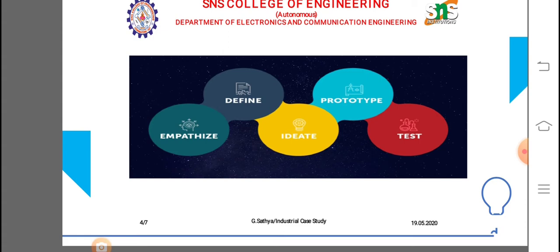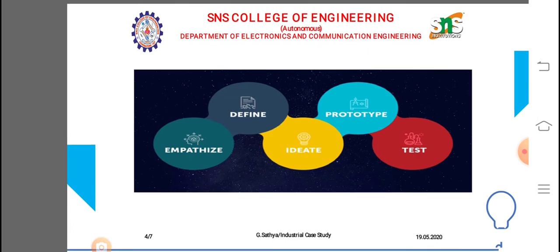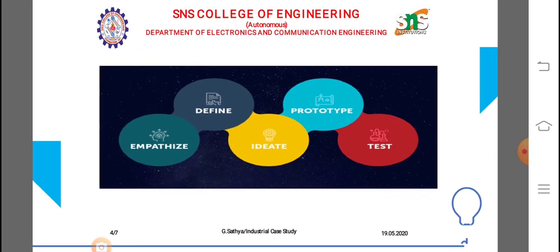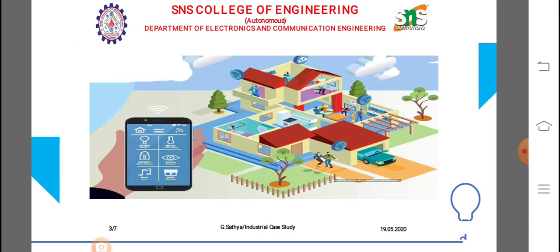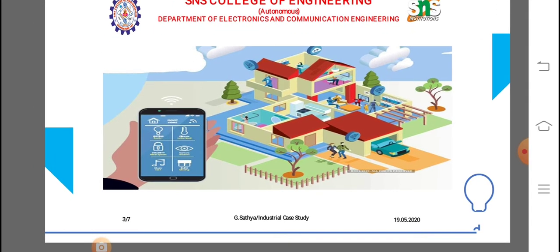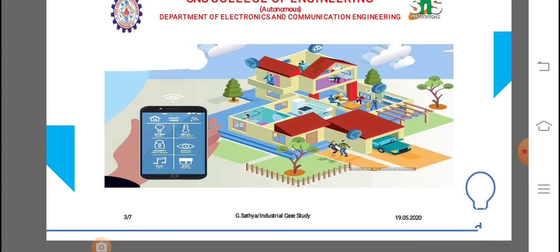So it keeps on increasing based on the user requirement. Based on the user demand, to bring smartness in everything, we can't consider all the units. We have discussed all the units in our empathy part. So we have defined our problem statement with the help of our smart home, that is our defined status. We have to find a solution to bring our home into a smart home. That is our idea, that is our defined part.